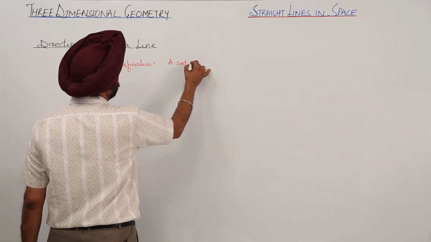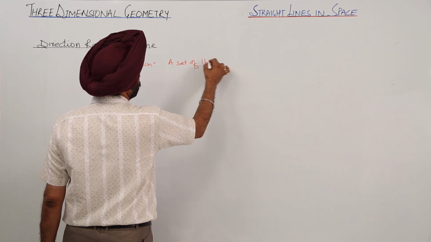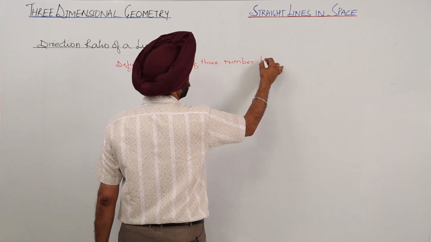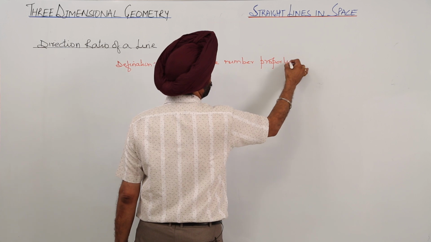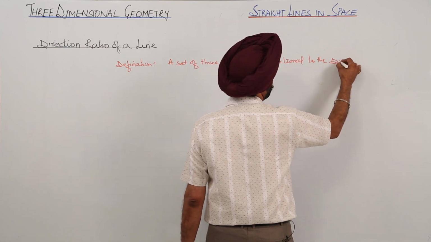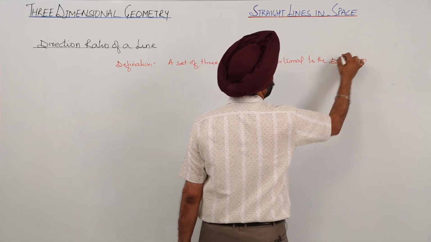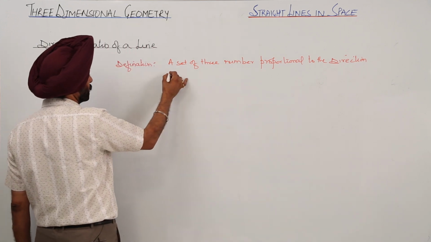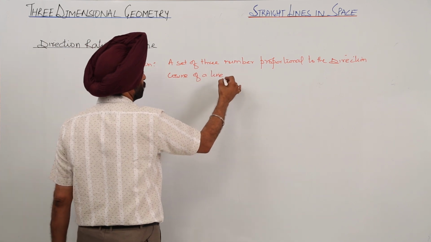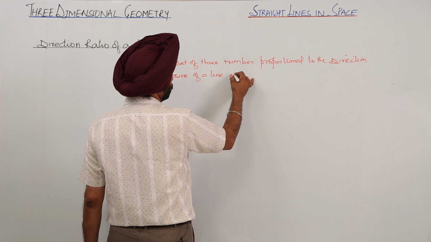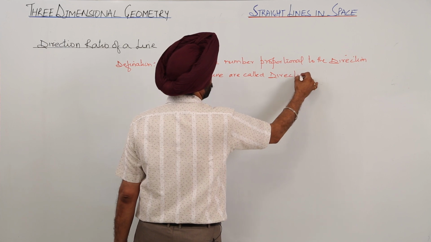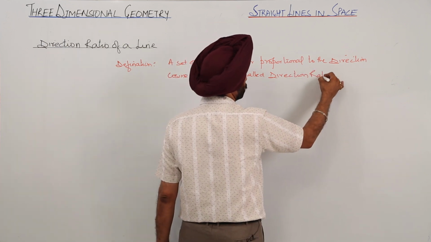A set of three numbers proportional to the direction cosines of a line are called direction ratios. Direction ratio,